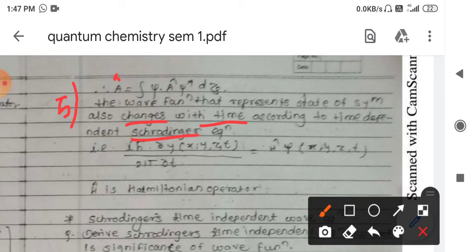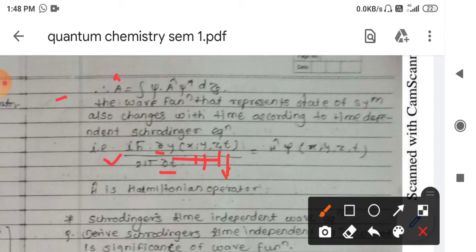According to the Schrödinger wave equation, the time component is incorporated by using this function: i h upon 2 pi into dabba by dabba t of psi, but here psi is a function of x, y, z and the time component t,